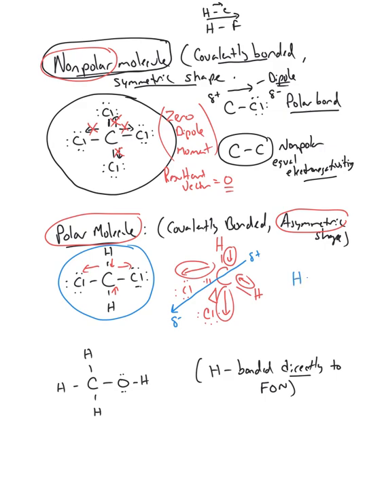Another way we can get asymmetry is if there are lone pairs on the central atom. Water is polar because it has lone pairs. It doesn't matter how many. If there's a pair of lone pairs on the central atom, it is an asymmetric structure and therefore a polar molecule. So, are the atoms all coming off the same? Yes or no? And are there lone pairs? If it's asymmetric, the molecule is polar.